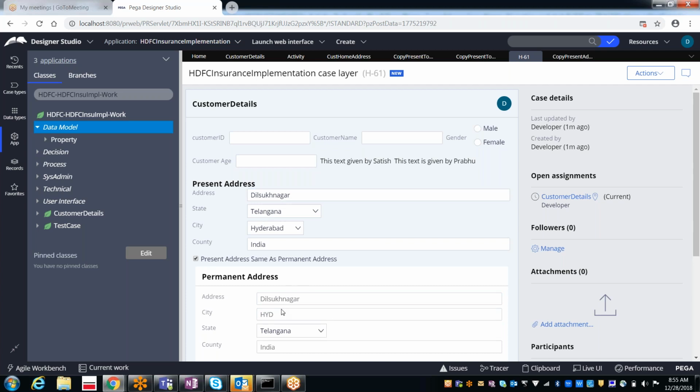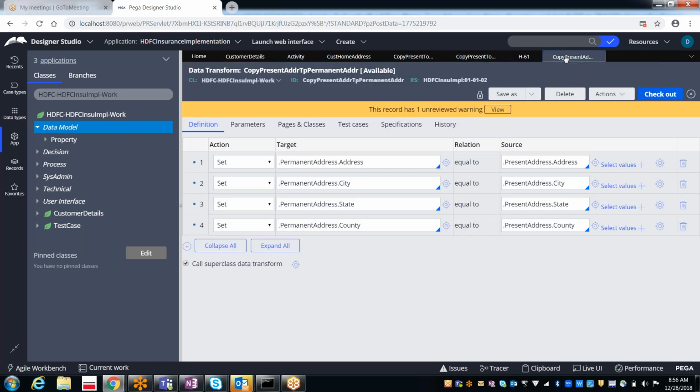First of all, where are we copying these values? In the data transform, right? What I am doing is, whenever I select the checkbox, I am copying it.